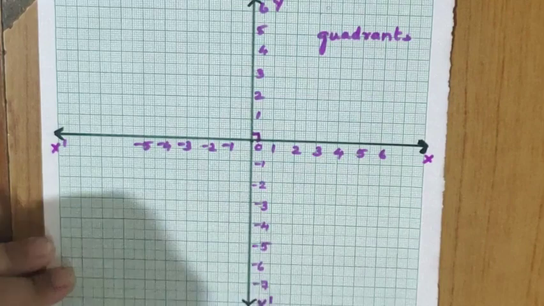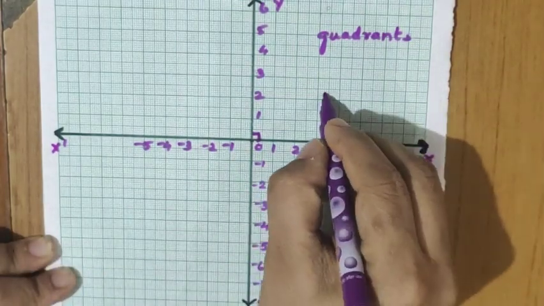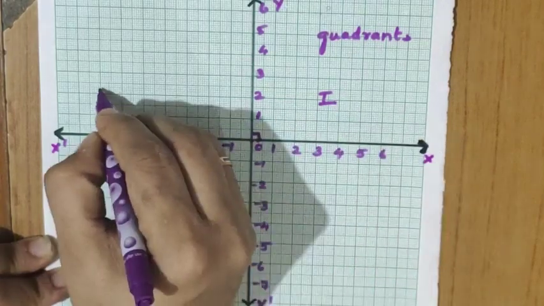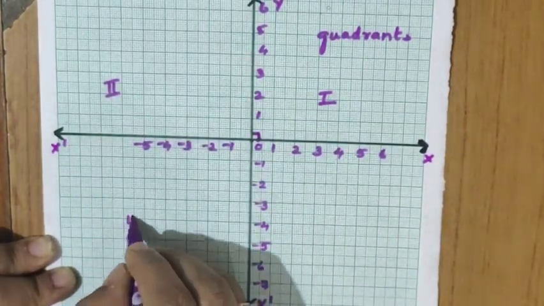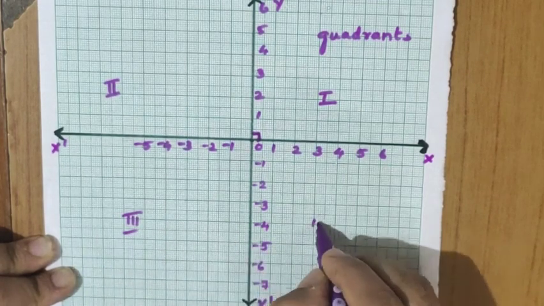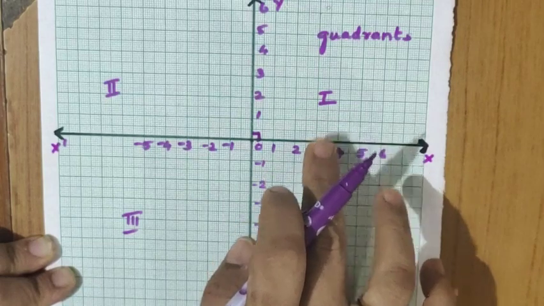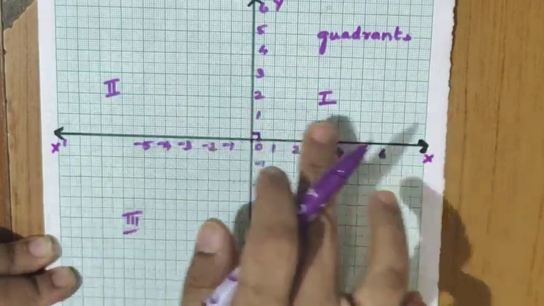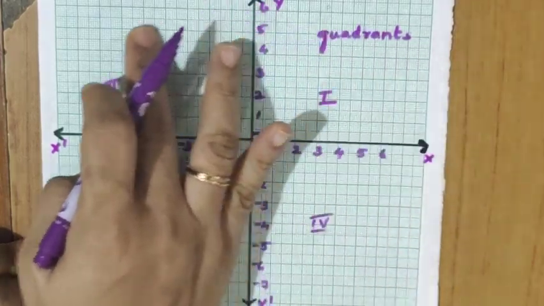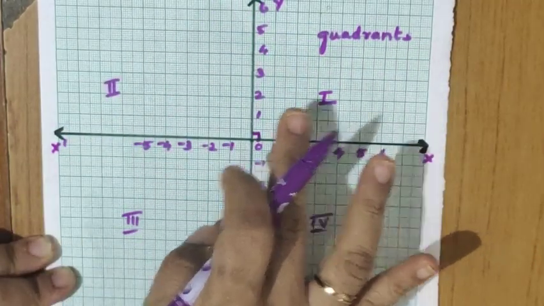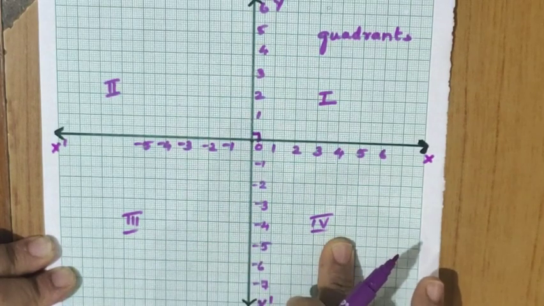So quadrants only. Now how to name them: it should be named from this side first. So this is the first quadrant, this is called the second quadrant, this is called the third quadrant, and this one is the fourth, right? I'm not adding the word quadrant, but along with this we should add quadrant. Now, anti-clockwise, in this way we should come. First, second, third quadrant, and the fourth quadrant, right?